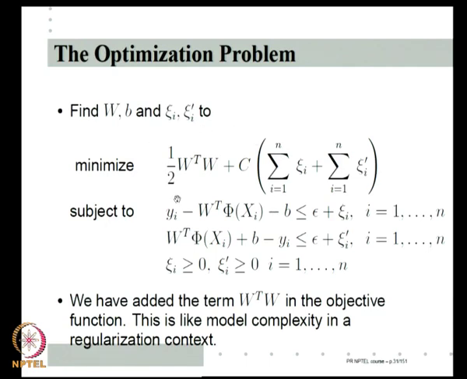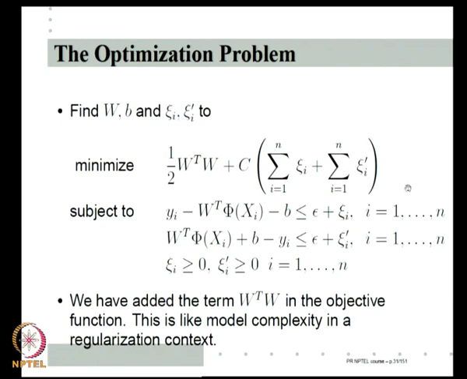As I promised you, before the end of today's class, we will come back and ask why this is a good way to characterize the smoothness of the model we are learning. For now, we will simply say that earlier, if I did not have that w transpose w, that is exactly equal to the empirical risk. So, in addition to minimizing empirical risk, I add a model complexity term, so that this problem now corresponds to a regularized empirical risk minimization. Now, we are in business.